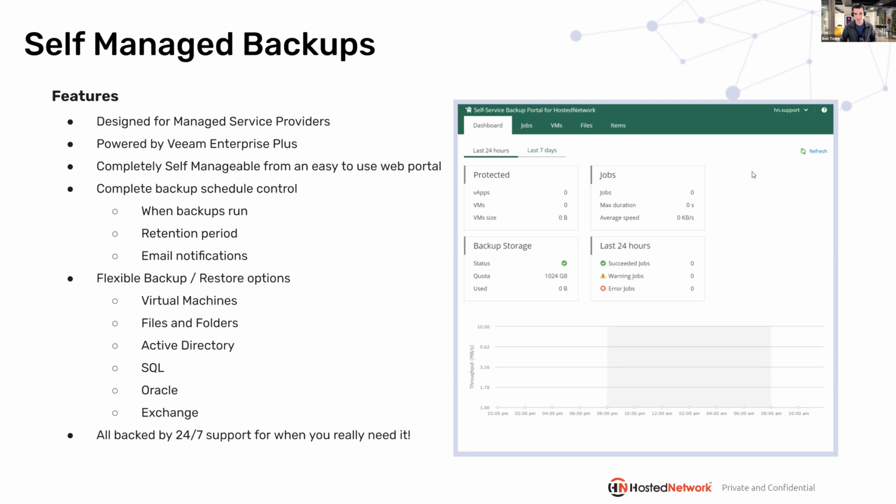we try it with all our services. Everything's done with MSP in mind, right? So it's designed to be easy. It's designed to be simple so that you can better support your customer. But it's optional. If you want to use StorageCraft or if you've got another agent-based backup, you can install it into your VM and away you go. We've got a good mix of partners that do a bit of A and a bit of B. And we don't point you towards any particular way. It's entirely up to you.